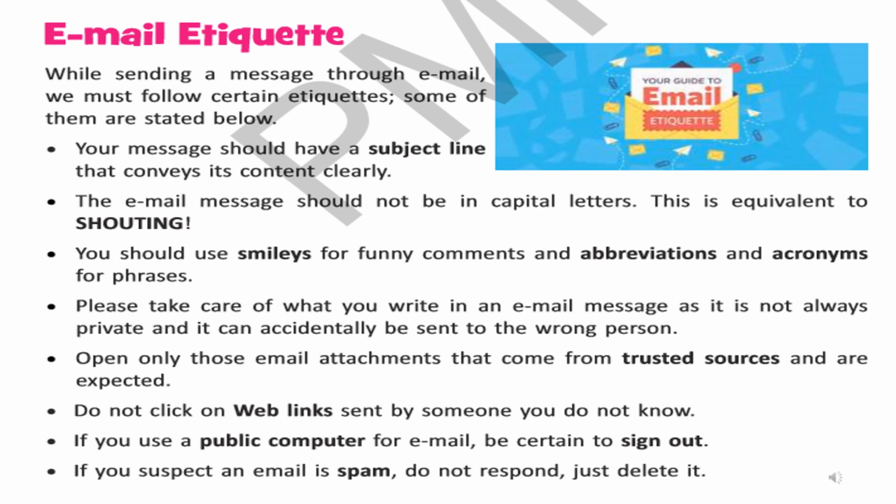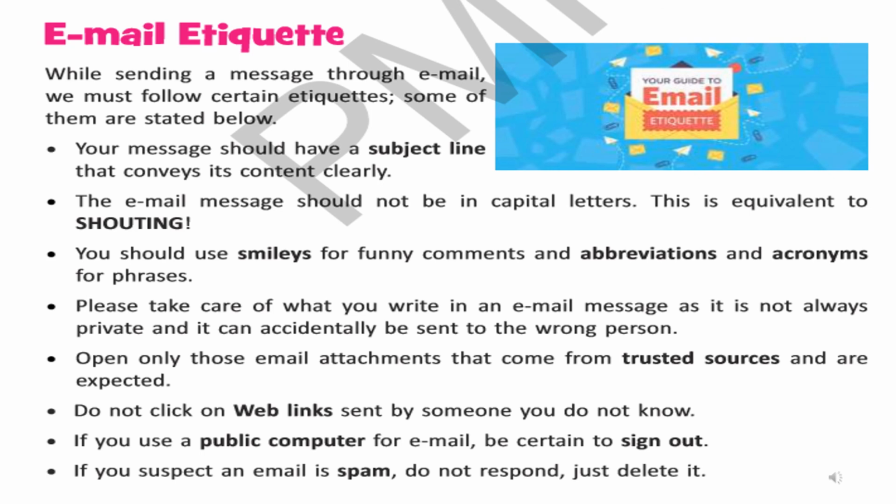Second, you should not write anything in capital letters, which I already told you is considered shouting. You can use smileys and small emoticons to enhance your text. You should take care that your email message does not contain private information, which accidentally can be sent to the wrong person.